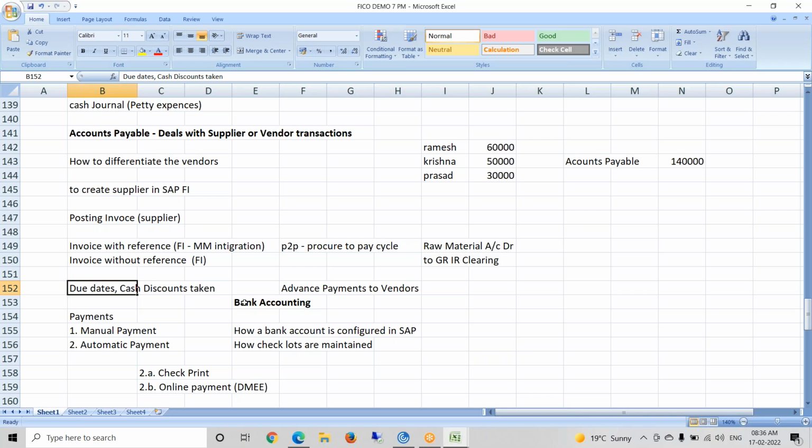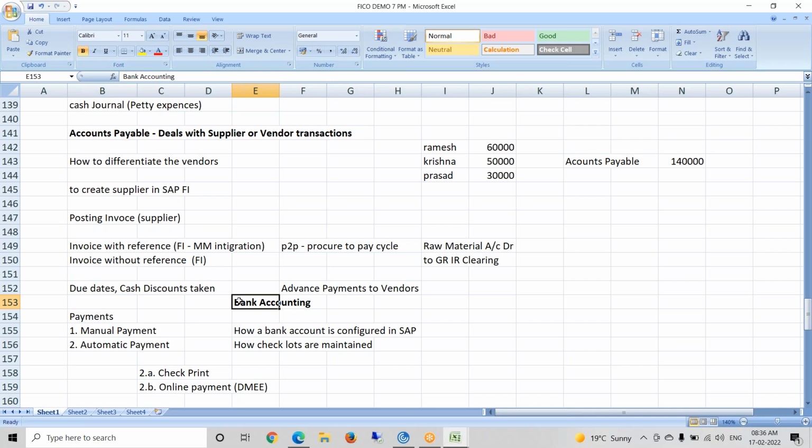So we have to create house bank. In ECC, we used to create house bank in only one way, but in S/4HANA, we are creating house bank in two different ways. One is from the ECC GUI screen, I'll tell you what is meant by GUI, and then through the Fiori app. With these methods we'll understand what a house bank is and what changes happen between ECC and S/4HANA system. There are clear changes we can understand.